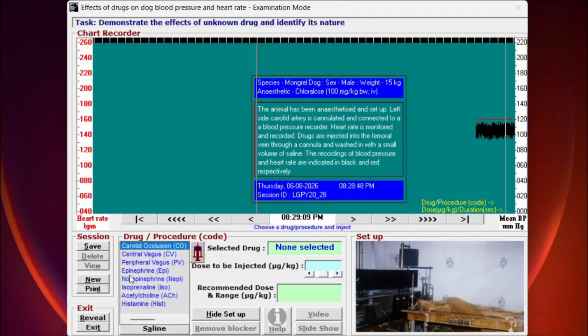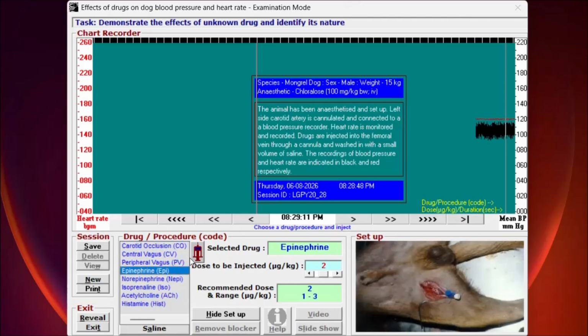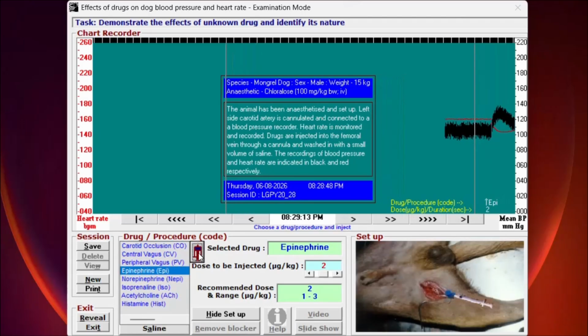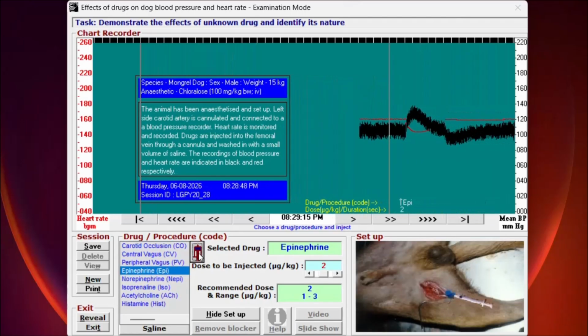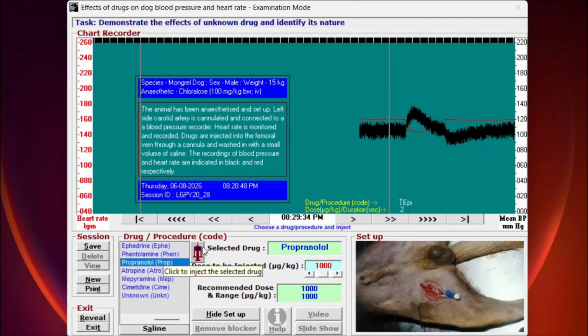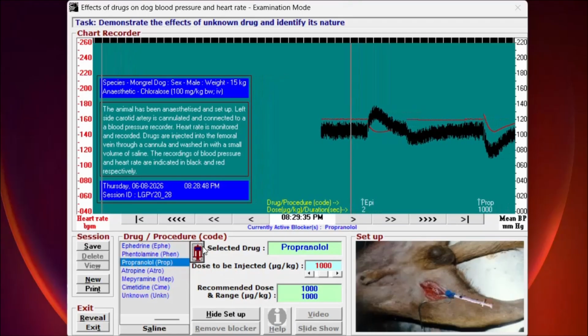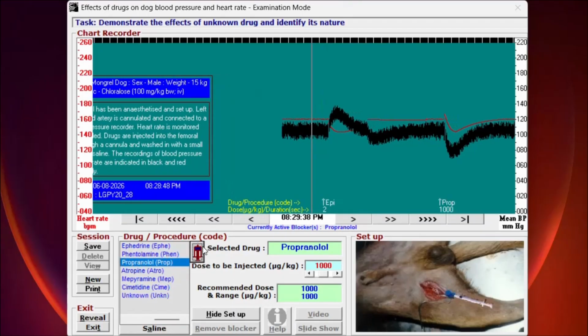सब सेम, the same thing, first we are going to start with epinephrine. We have selected epinephrine, we have given epinephrine, you can see biphasic response, correct. उसके बाद हम सेलेक्ट करेंगे beta blocker instead of alpha blocker, remember, because we need to now reverse the action. Okay, reverse करना है, that is vasomotor reversal of Dale का reverse। ठीक है, so now we are going to inject propranolol which is beta blocker. Let's select beta blocker, that is propranolol, and let's inject beta blocker propranolol। ठीक है, ये भी हो गया।